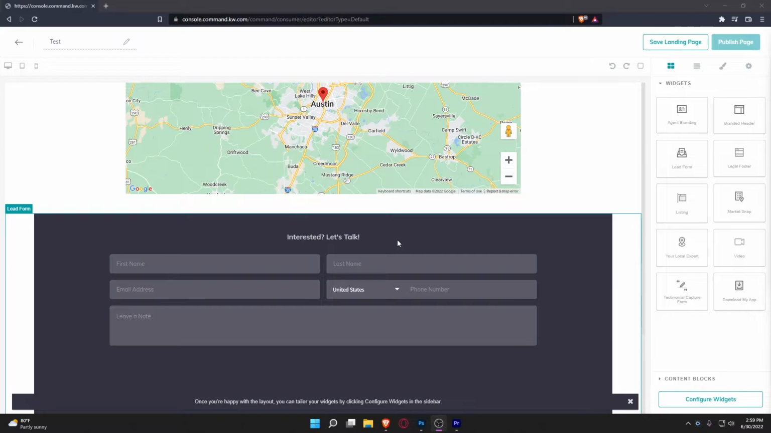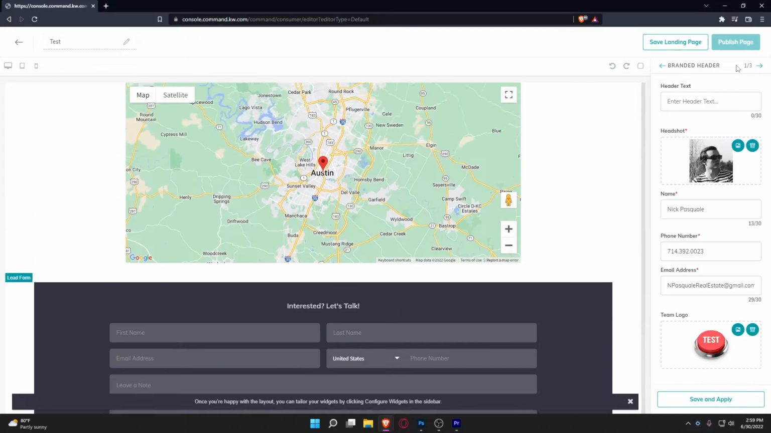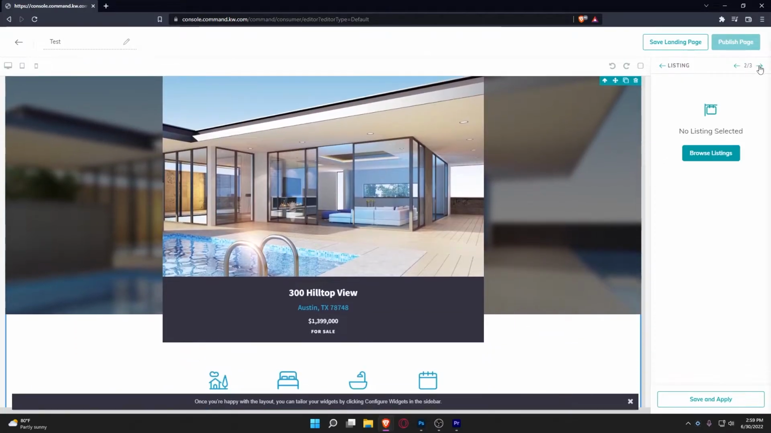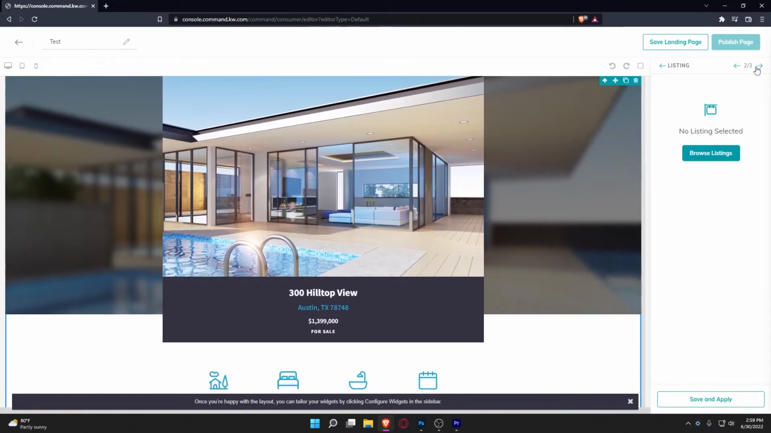Once you get all the forms you picked out that you want, what you're going to do now is go ahead and configure widgets. What this is, you're going to see a number at the top. You're going to be able to configure all the widgets you have on your page. All of them are really self-explanatory, but the listing one is probably the most confusing one, but I'll show you